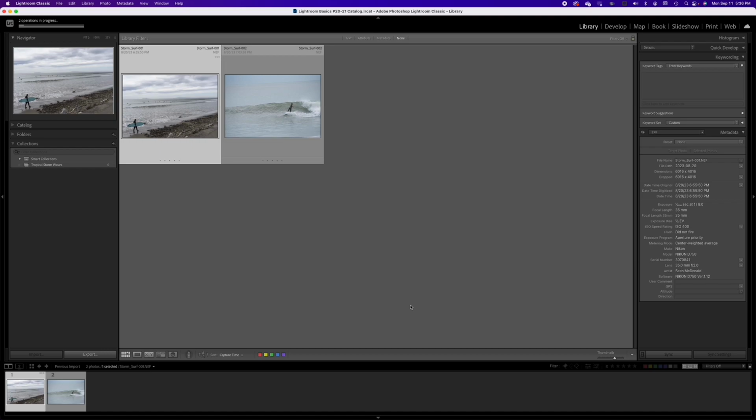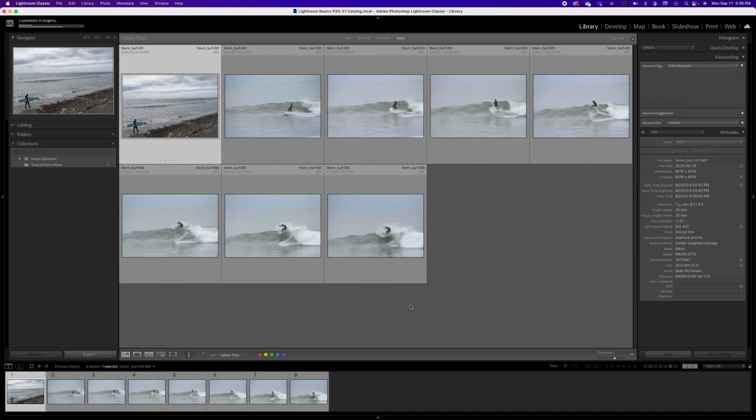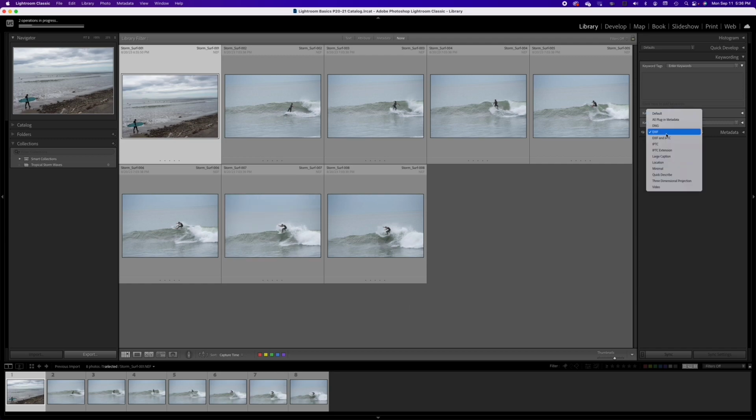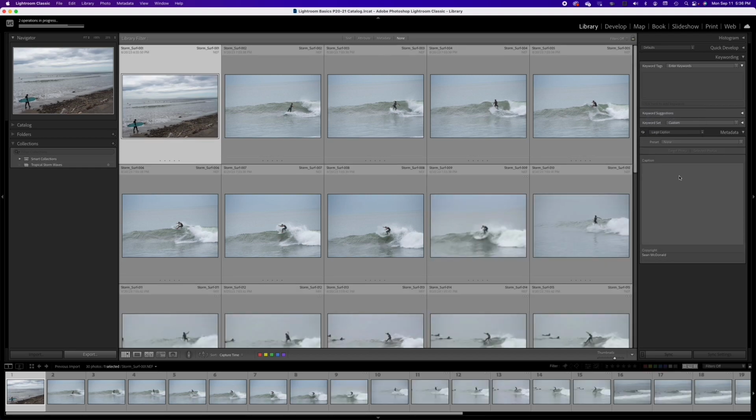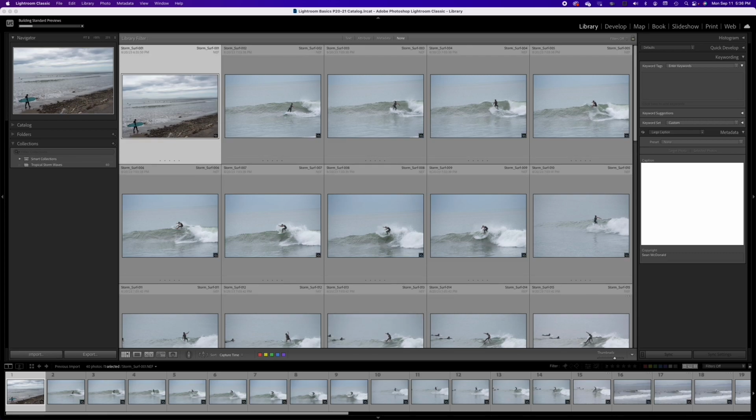Now, Lightroom can be used to do captioning. It's not as powerful or robust as Photo Mechanic, but it isn't a bad thing. So what I can do is go into here, click under EXIF and go to what's called large caption. This gives me caption information, and then in here I could type in a very basic caption that covers all of the story. And then when I export these out as JPEGs and bring them into Photo Mechanic, I can do the specific captions inside of Photo Mechanic. So in here I might just say, tropical storm